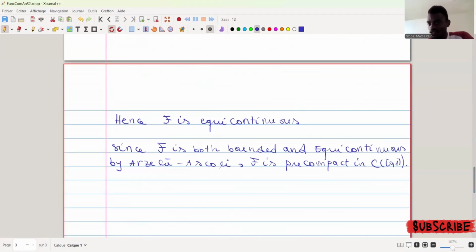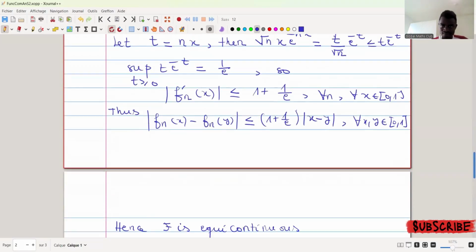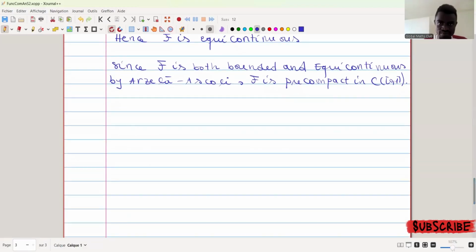Now to check that this family is compact, you also have to check that this family of functions is closed. I think that it is all for exercise 1, and we justify all our answers as the lecture asks. So I think that there is no problem. You understood everything. Nice. So we are going to move to exercise 2.